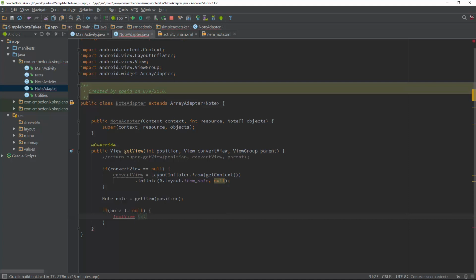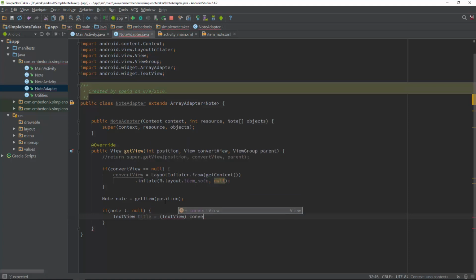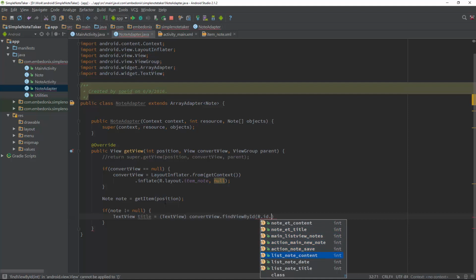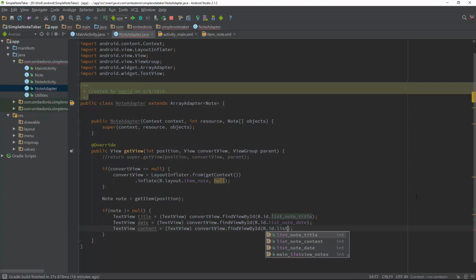Text view title equals, let's first import this text view class, and let's cast it before finding the ID. So we use the convert view to find the view by ID, r.id.list node title. This is for our title, and I'm quickly going to copy paste this for title, date, and content, list node date, and list node content. Okay,